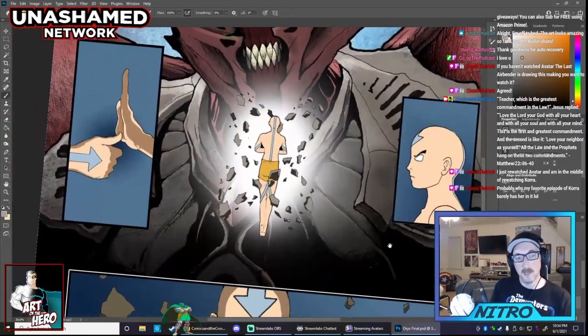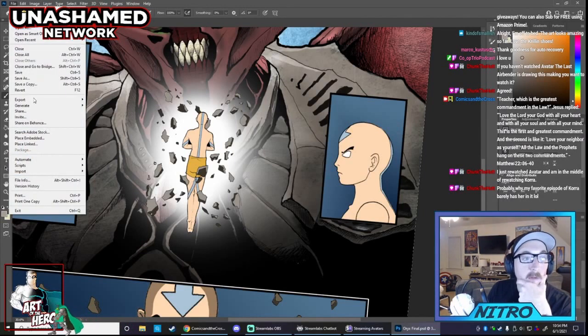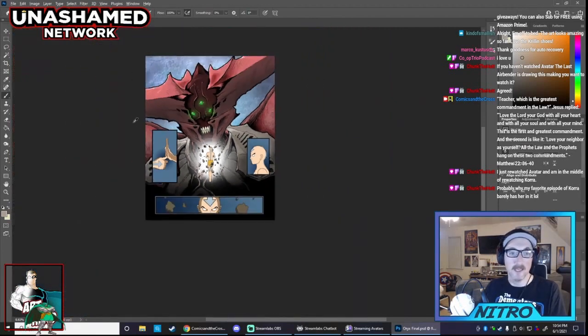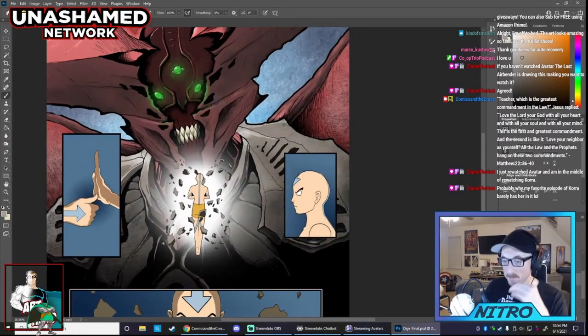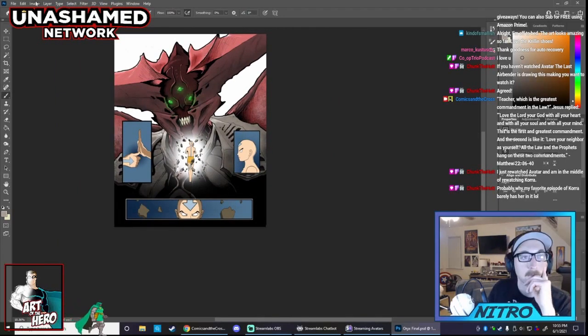Alright, so I'm getting the shadows on Aang. I'm liking them. Let me save it. So I'm liking how it's turning out so far. I might tone down this background a little bit. Let me try something. Let's do a gradient tool, and let's